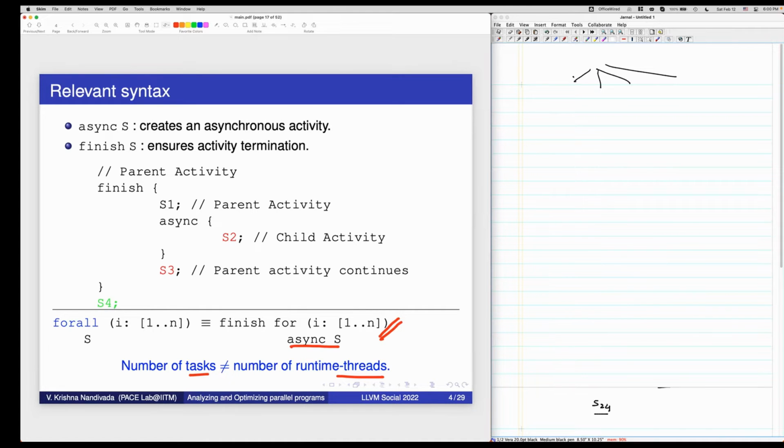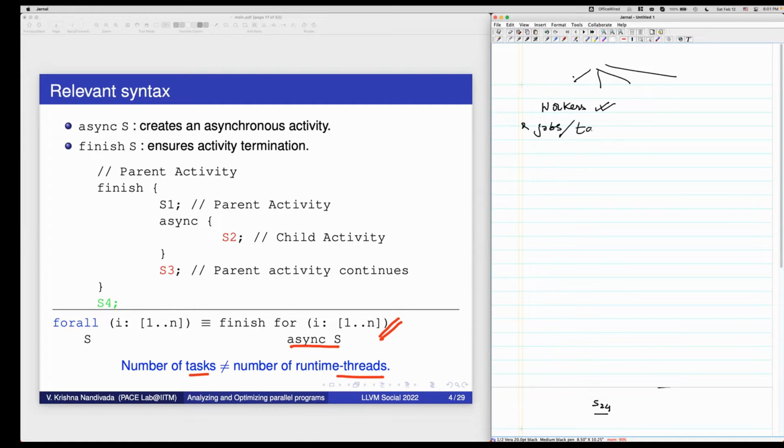So can you repeat? Yeah, so threads are the workers. Instead of threads and tasks, we can use the words workers and jobs. Workers are active entities, right? They do the work or they do the jobs. Each async creates a parallel job or a parallel task.